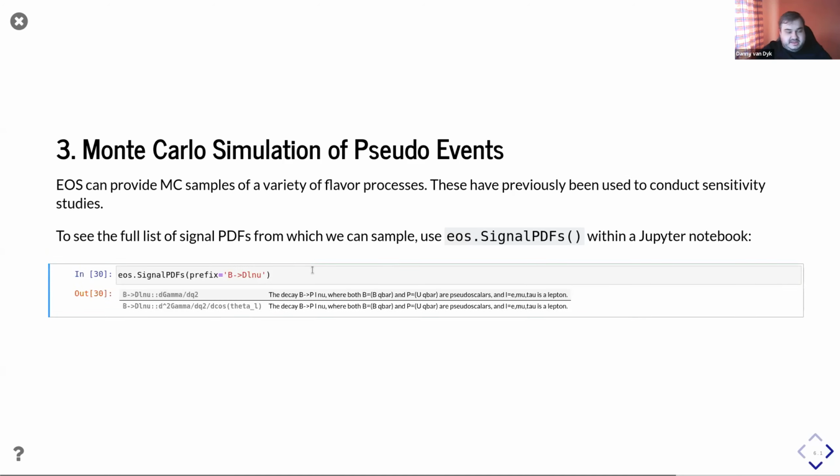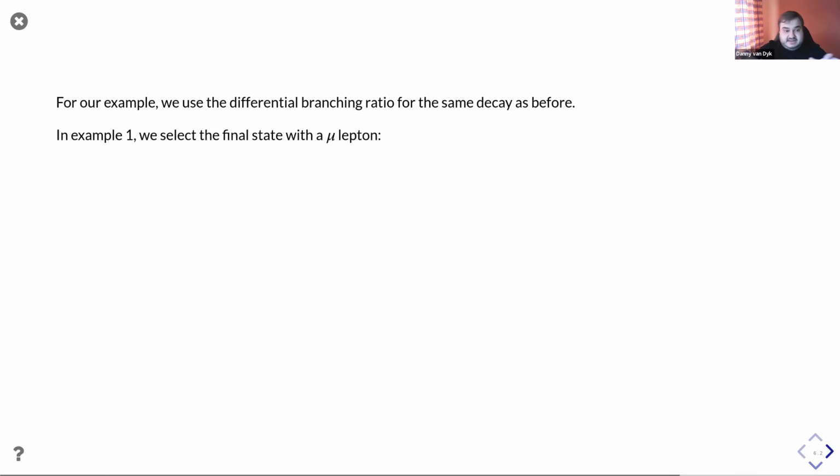Again, I'm applying a filter because the total list would run out of the boundaries of my presentation or screen real estate. So there are 2 of the signal PDFs. We're going to concentrate on the first one, which is the one differential distribution. It's differential only in Q squared, this dilepton invariant mass, rather than the full differential distribution, which is also sensitive to the cosine of the helicity angle between the lepton and the neutrino pair. Very well. So using this signal PDF as an example, we're actually splitting that into 2 examples.